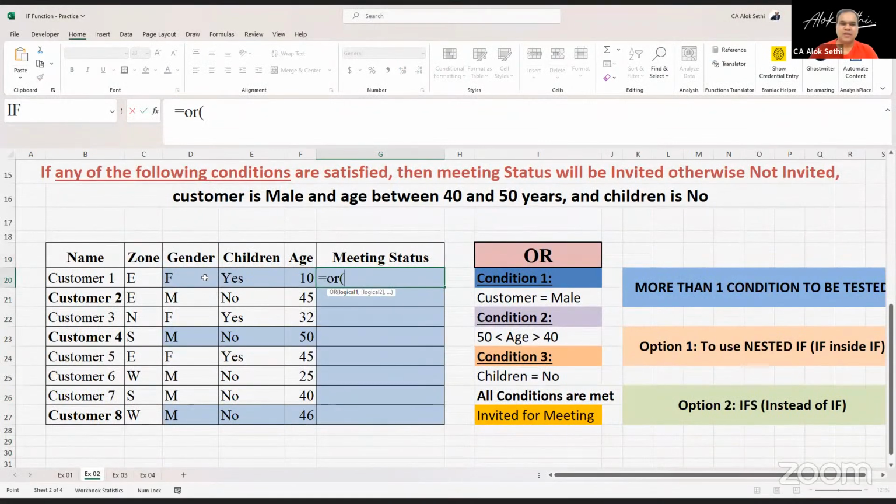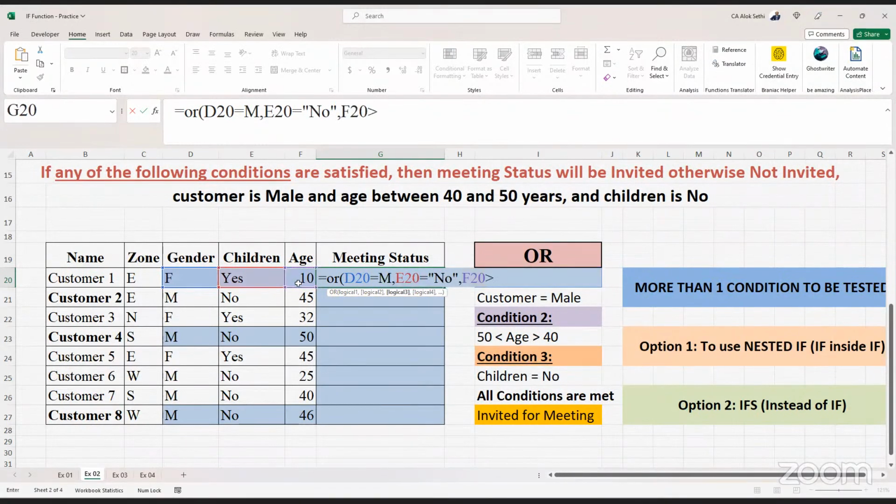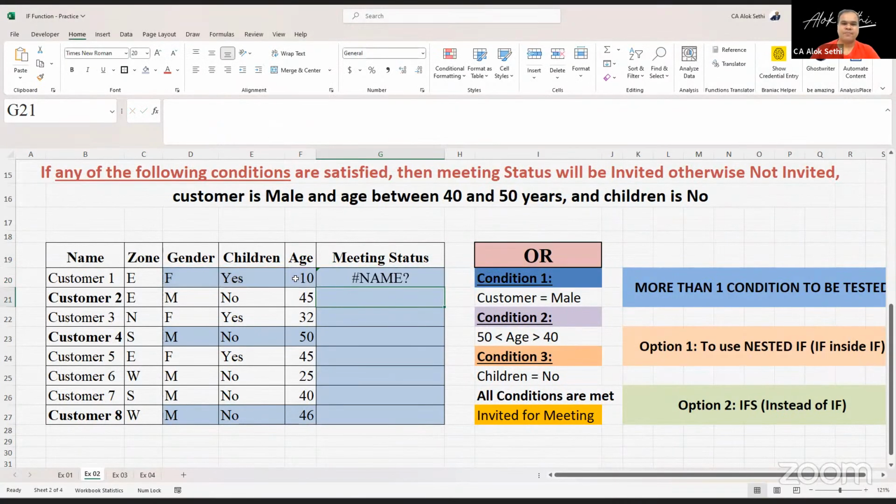OR, पहला टेस्ट मैं ले रहा हूँ कि क्या ये Male है, क्या ये Male है। दूसरा टेस्ट ले रहा हूँ, क्या Children No है। और तीसरा टेस्ट ले रहा हूँ, क्या Age greater than 40 है, कॉमा, या फिर Age less than 50 है, और क्लोज कर रहे हैं।